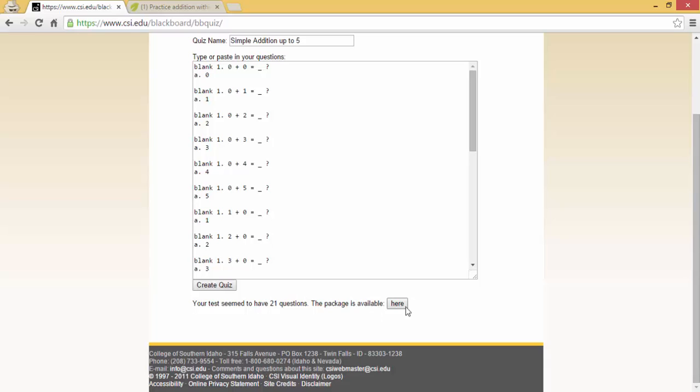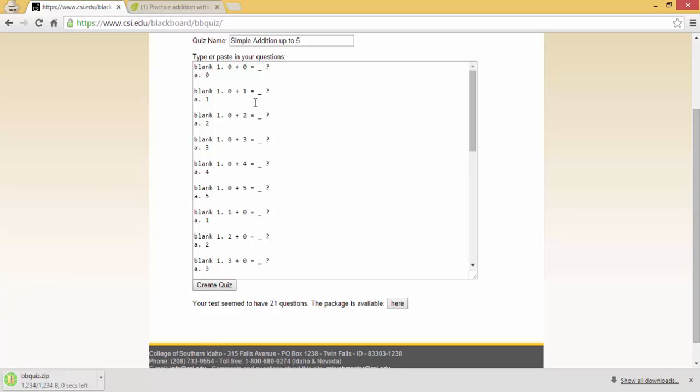And you have 21 questions here. 6 plus 5 plus 4 is 15, plus 3 is 18, plus 2 is 20, plus 1 is 21. That is what we have right there. So we just want to download it right there. So we have this nice test pool that you can use to put these simple fill-in-the-blank questions in